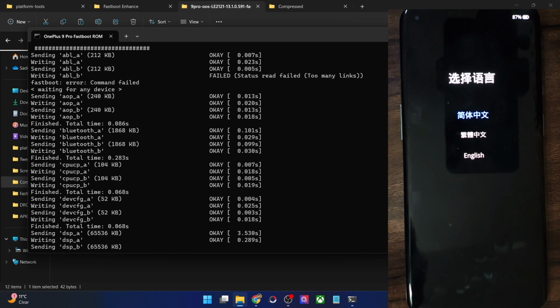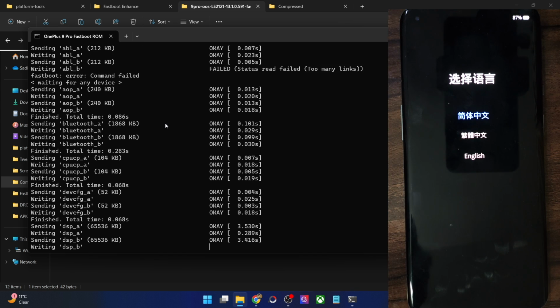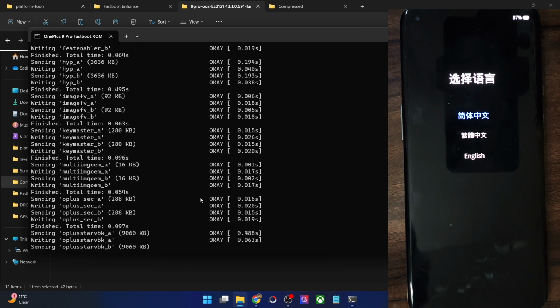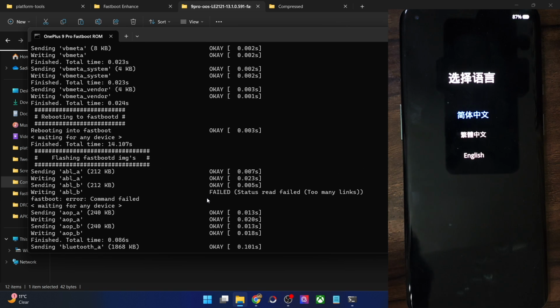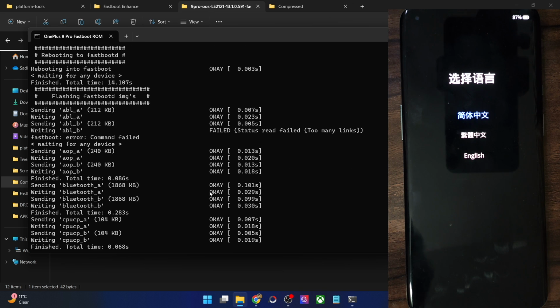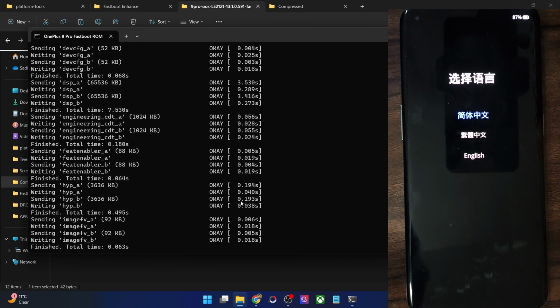So regarding this, do keep in mind that in some cases you might get a few error messages as well. So please don't worry, it's completely normal. You should not stop the flashing. These error messages are just false positives and nothing to worry about. These usually happen right after it's booted to the fastbootd mode. So simply ignore these messages, don't interact with your phone, and let the rest of the flashing go on.